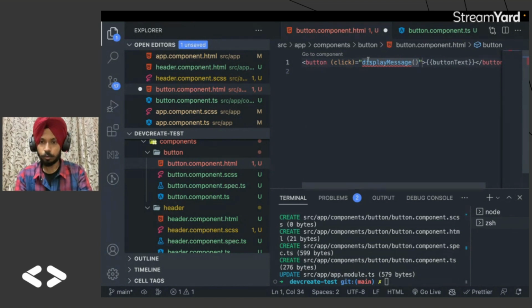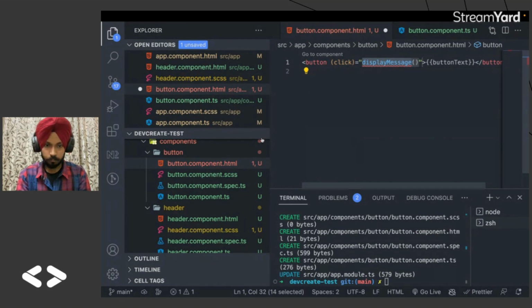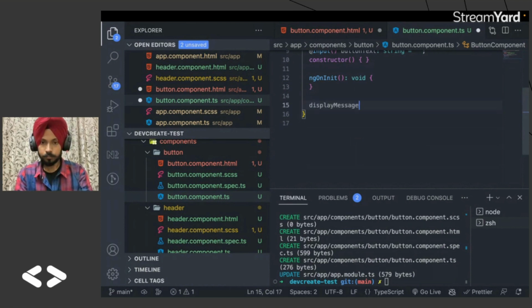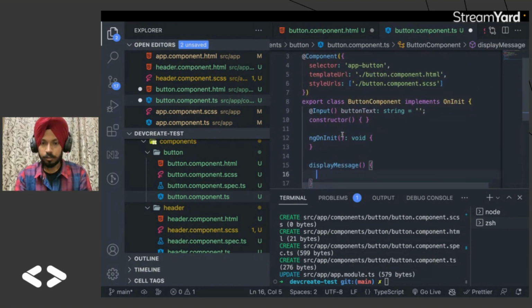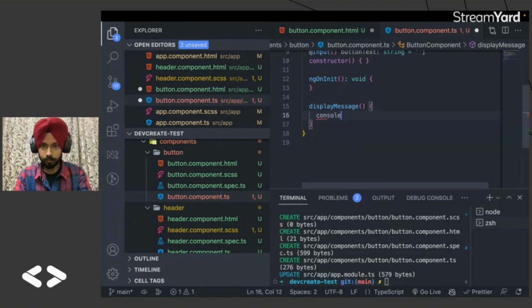It's my function that I want to call. And so this tells me that display message is not defined, and doesn't exist in this button component class. So I need to define it like this. Just like this, in button component class, you have to make a new function that's display message, and you can perform all your functionality inside of it, like